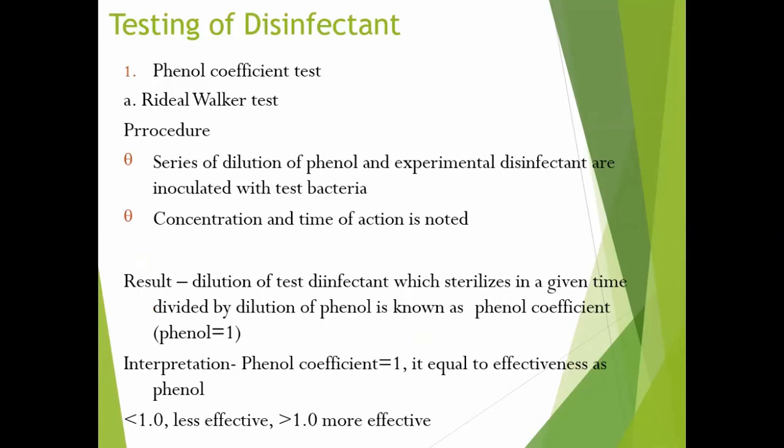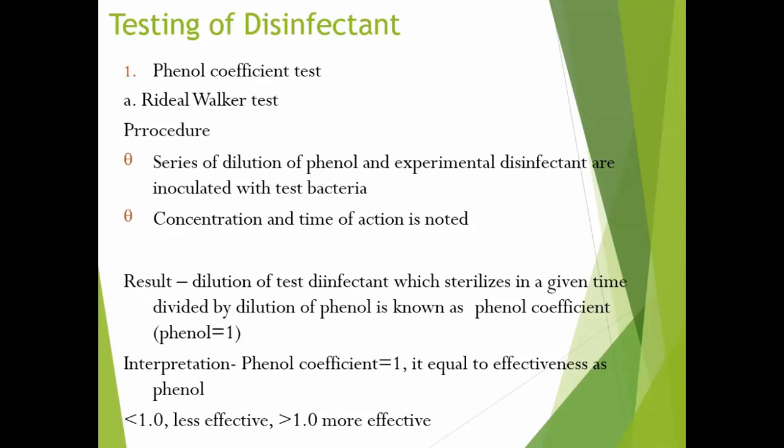Now, the testing of disinfectants. Number 1, phenol coefficient test. Number A is the Rideal-Walker test. Procedure: a series of dilutions of phenol and the experimental disinfectant are inoculated with test bacteria. Concentration and time of action are noted. Result: the dilution of test disinfectant that will sterilize in a given time